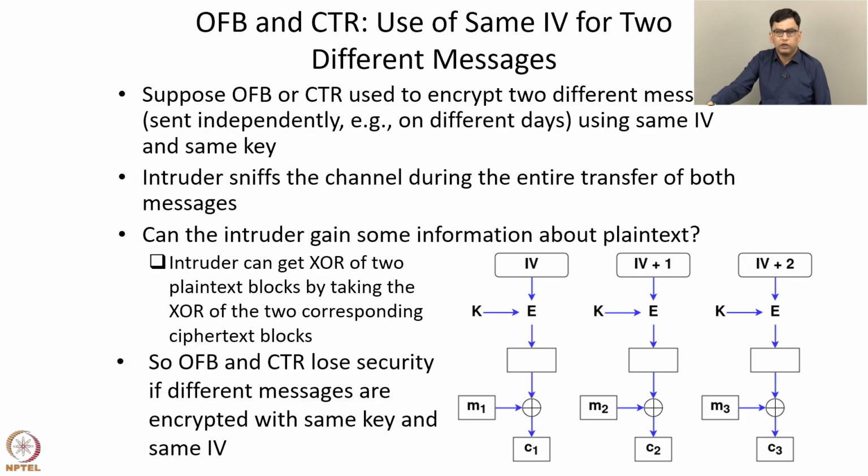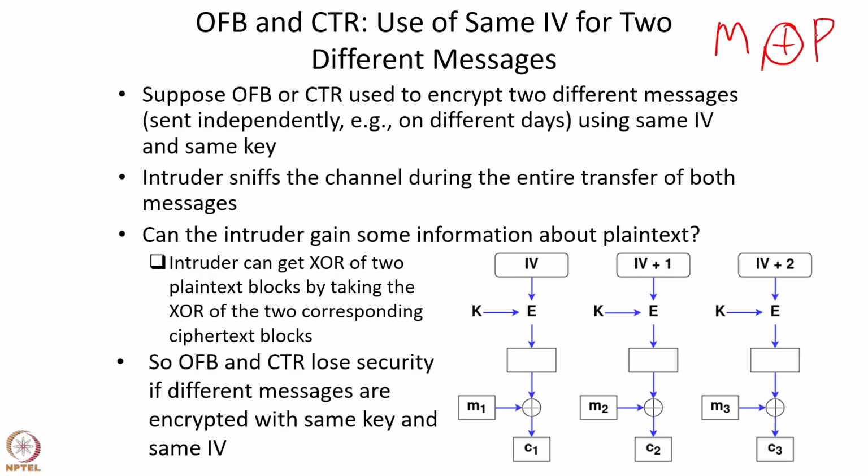That's because, to illustrate this, suppose the plaintext message sent on the first day is M1, and the IV is the same on the 2 days. So suppose the one-time pad is say P. So P is the one-time pad used on the first day, and the ciphertext, let's call it C1, is the ciphertext message corresponding to the message sent on the first day. Suppose the message sent on the second day is M2. It is XORed with the same one-time pad. So notice that the one-time pad is the same on both the days because the IV is the same. The corresponding ciphertext is C2.